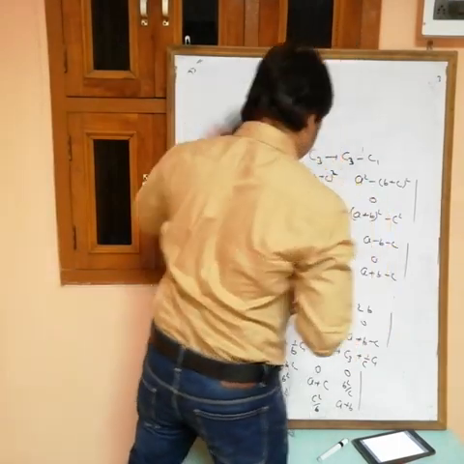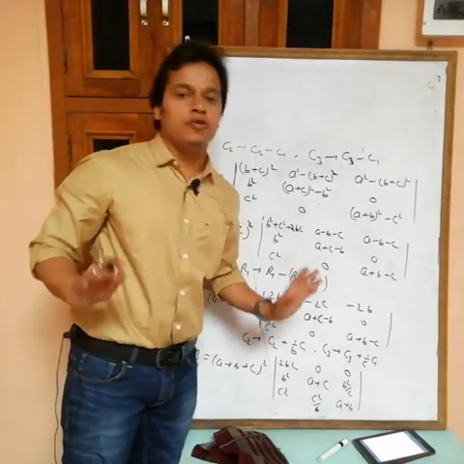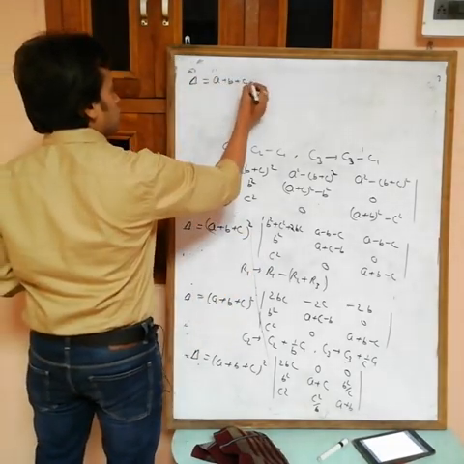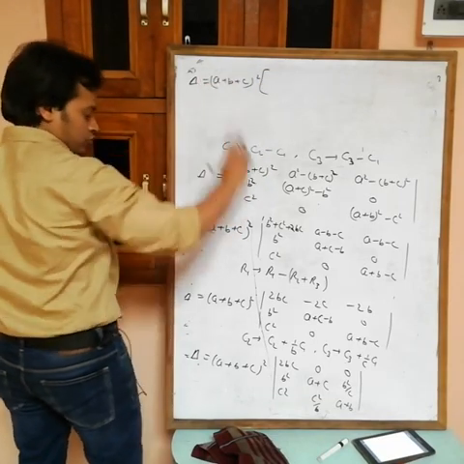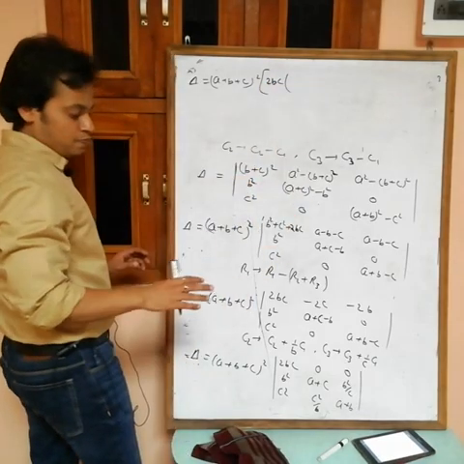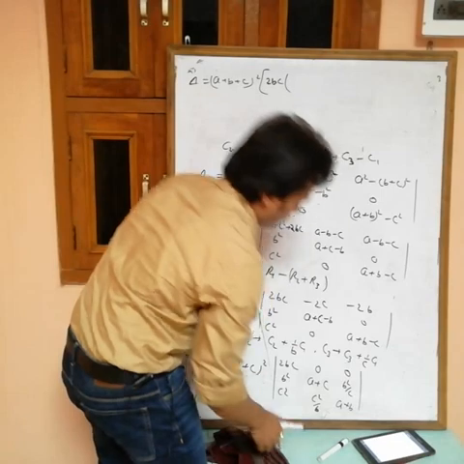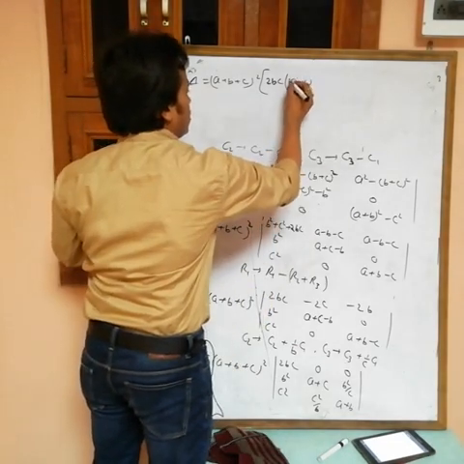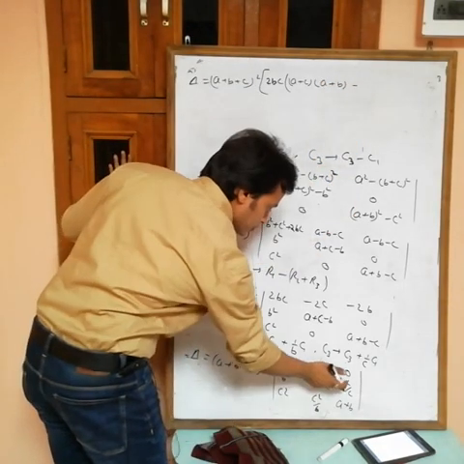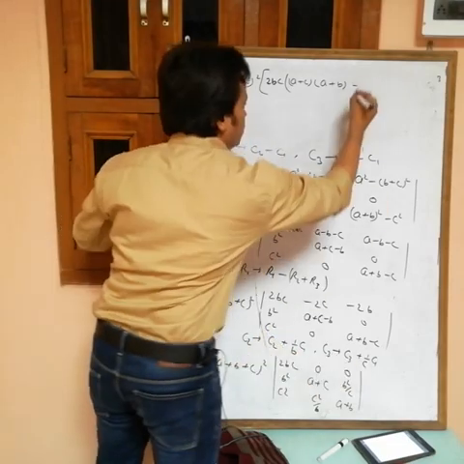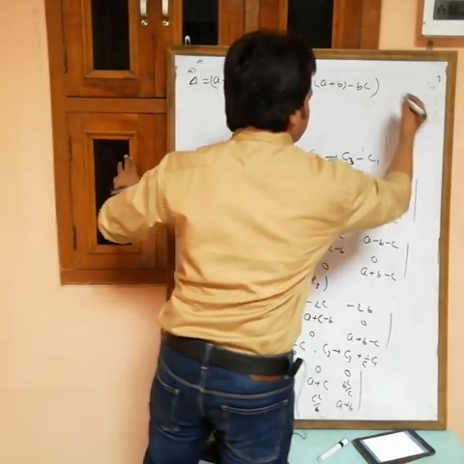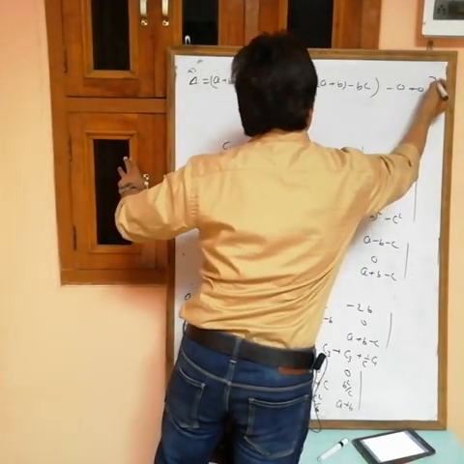Pause and write down. Now expand, because we have two 0s in the first row. Expand with respect to R1. So value of del equals a plus b plus c whole square, 2bc, multiplied by minor, this one into this one, a plus c into a plus b, minus this one into this one, b cancels out, c cancels out, only bc. Okay, then 0 multiplied by its cofactor remains 0, then plus 0 for the third one also.